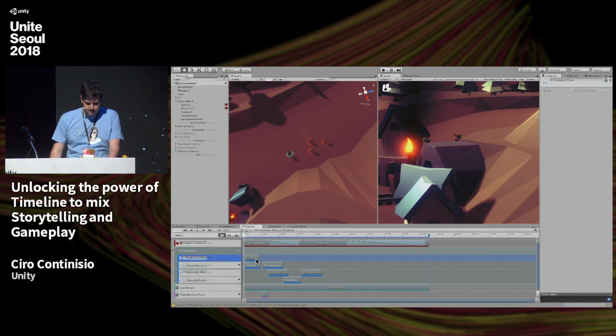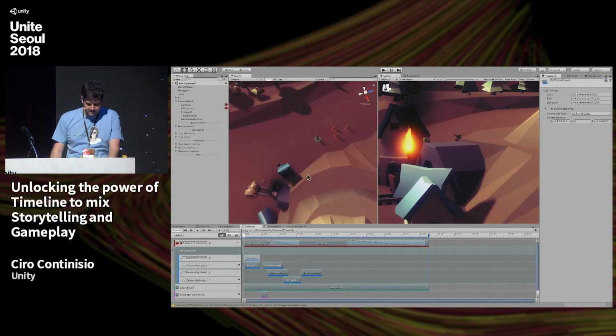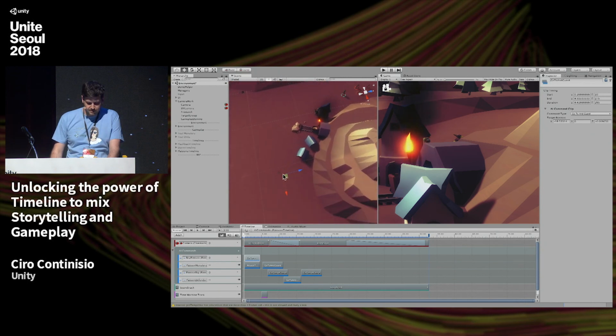So in this case, for instance, this first clip is controlling the boy. And if you see, if I select the clip, I even get a nice gizmo in the scene that's telling me where the boy is going to go. So I can say to the boy, you are actually going to go here. And so what happens is this. If I press play,